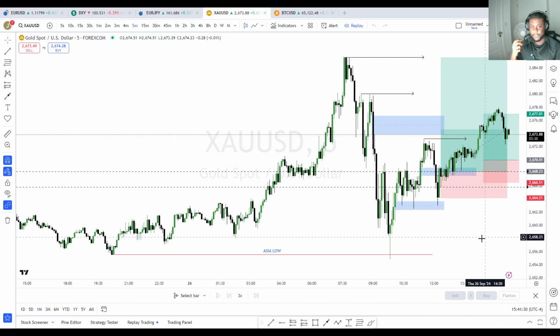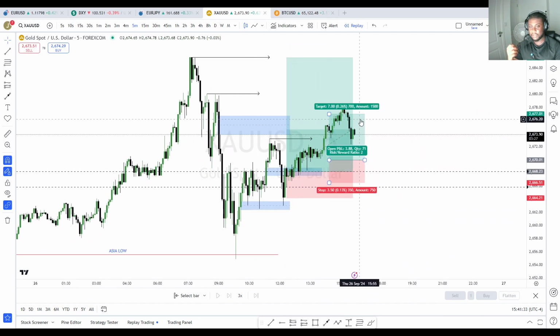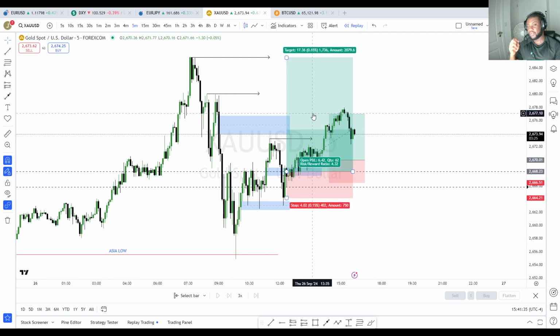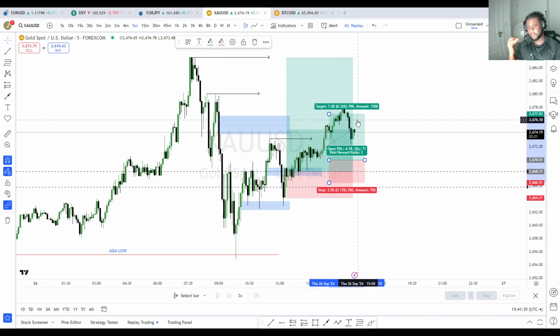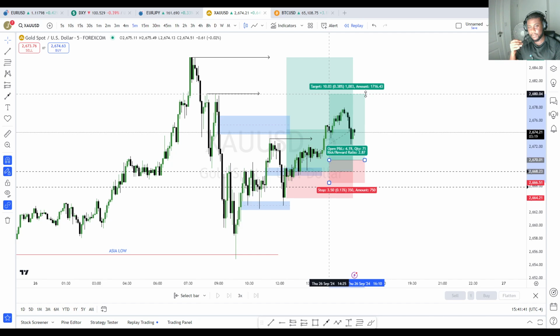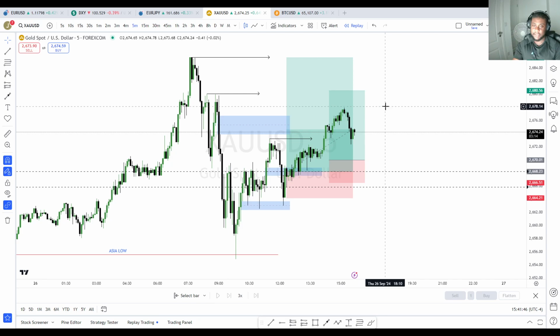As you can see, this is where we're currently sitting. We are 2% up on the first move and 2% up on the second move. So we are waiting for the final TPs to get hit. And probably by the start of Asia, we might see these remaining TPs get hit.